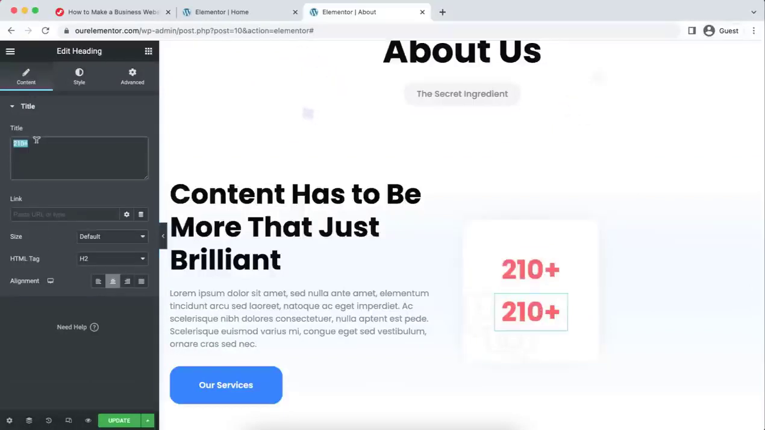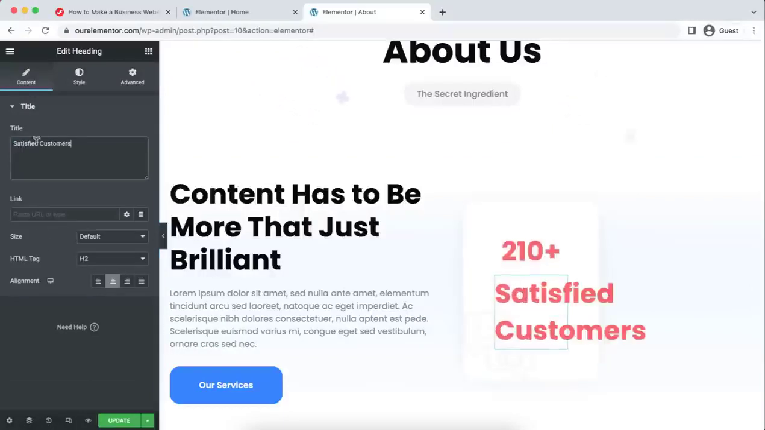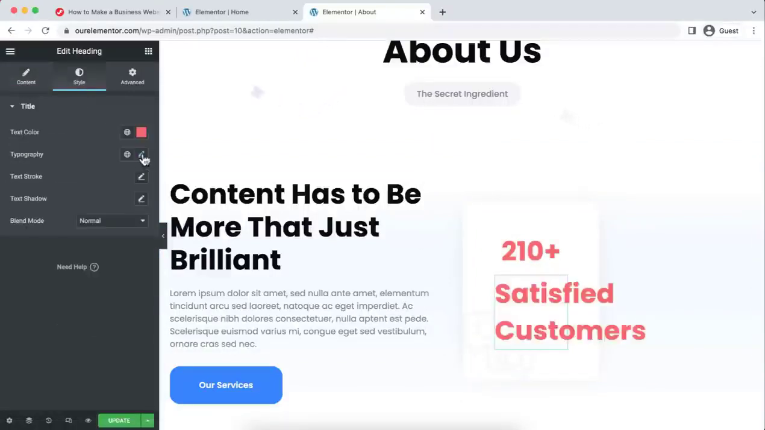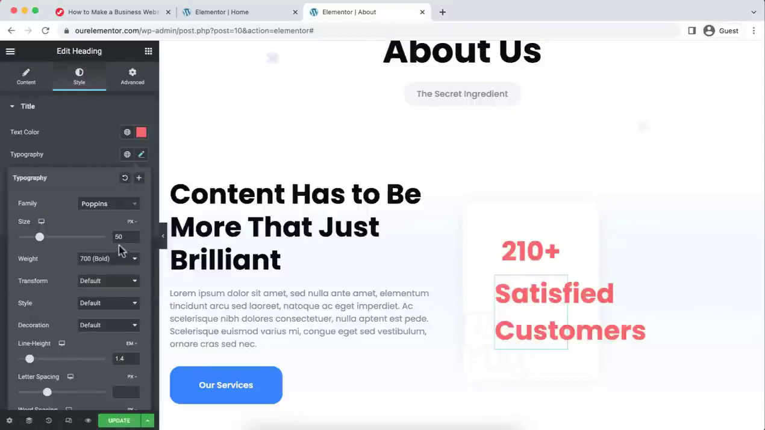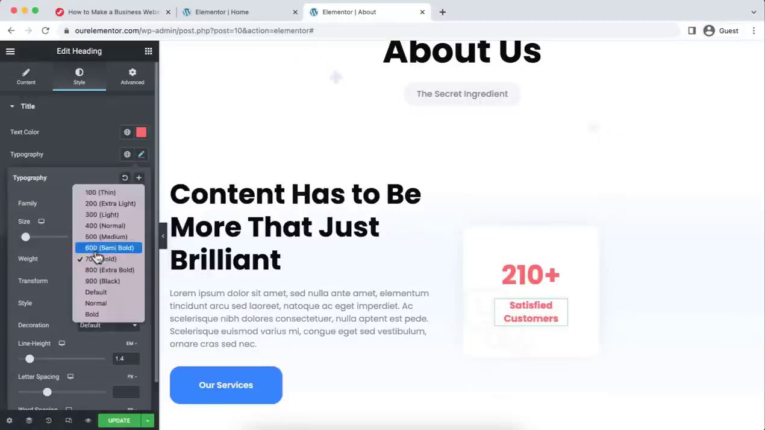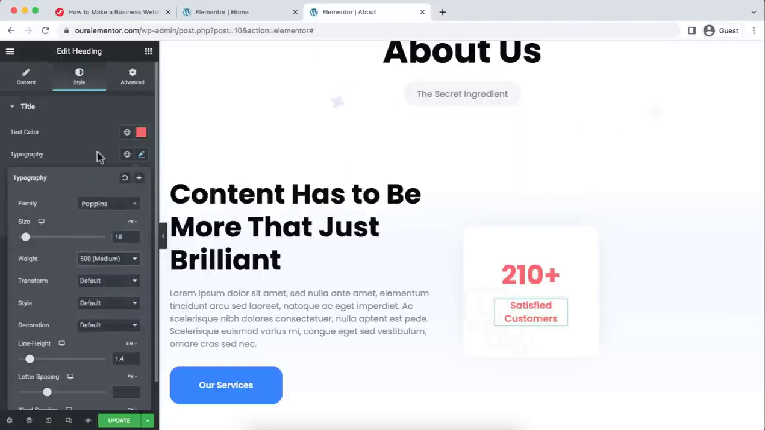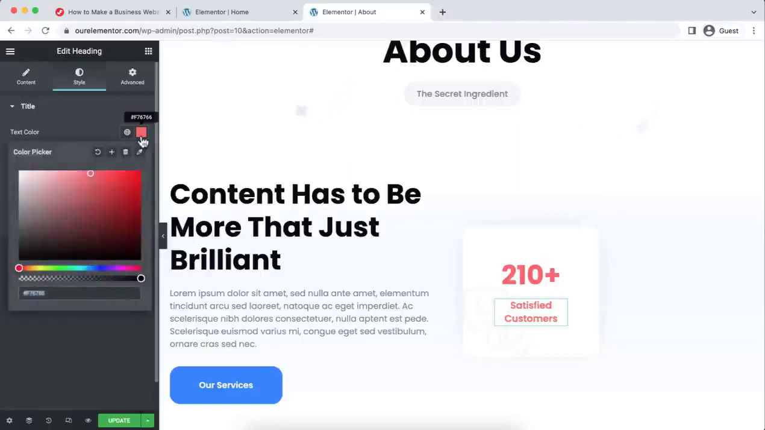Then underneath I wanna add another heading, so we can just duplicate this heading, and here I just want it to say satisfied customers. And of course we need to reduce the font size, so go under Style tab. From here, from the typography, I'm making its font size to 18 pixel and font weight to 500. Then let's change its color to